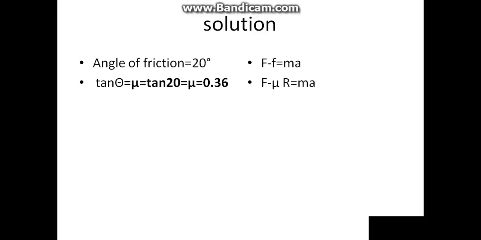If you subtract it, we get the real force we are looking for. If you substitute the frictional force, mu R, we have the force minus mu R giving us ma. Putting in the values, the force is 2000 Newton minus mu, which is 0.36, times the normal reaction, that is the force that is keeping the body